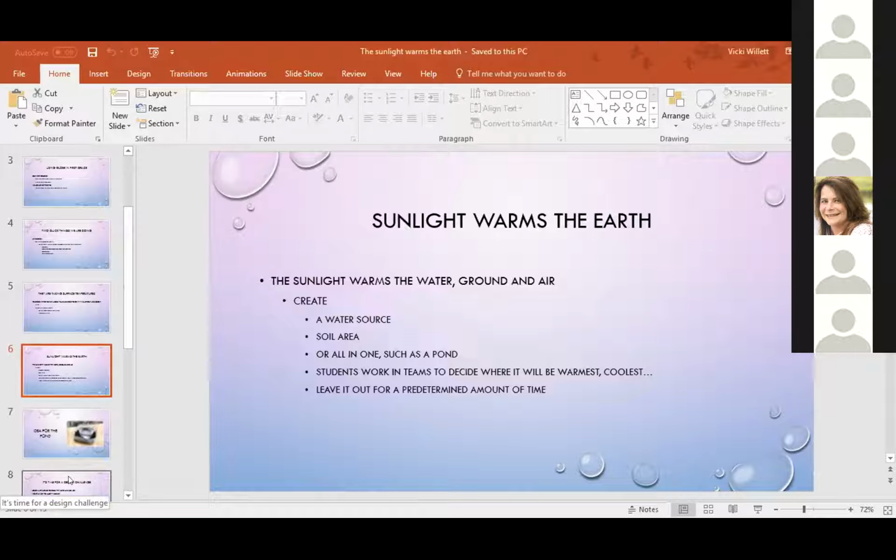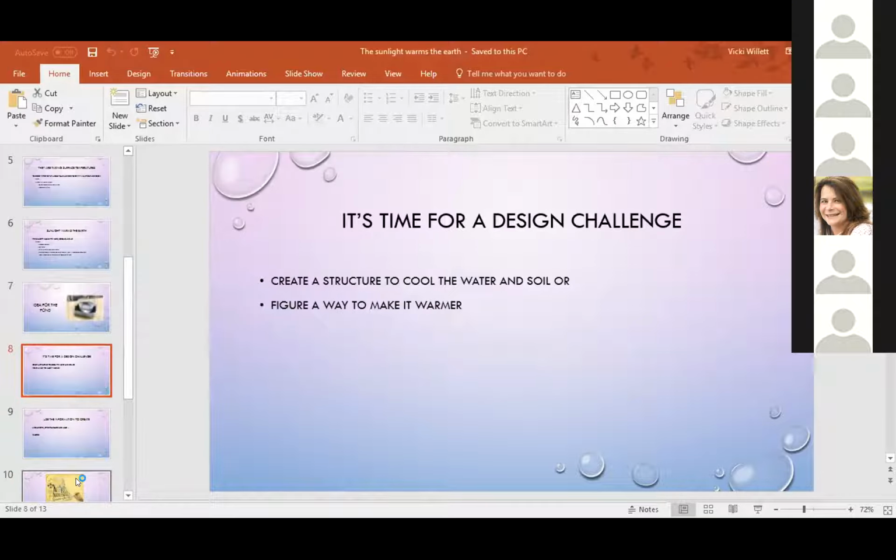So then we're going to leave it outside for a predetermined amount of time, and just have the children decide what will happen. And then we'll also have journals for them to record and keep track of how the experiment works out for them. Then we thought we could take it to the next step and figure out how to cool the structure or warm it, because ultimately